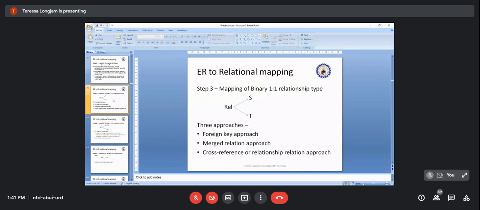Okay, third step, let us see mapping of binary 1:1 relationship type. So in step 1 and 2, we have done mapping for the entity types. Starting from step number 3, we are going to map the relationship types. So the first one is binary 1:1 relationship type. For this, REL is representing the relationship that we have in our ER model. Okay, so for this relationship type REL,